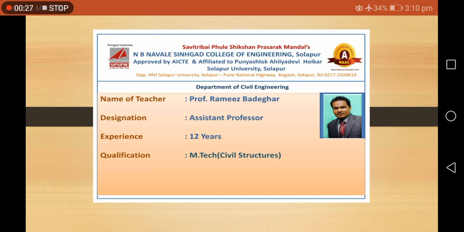So in this session we are going to see the design of turnout in railways. Briefly speaking, we are going to discuss first of all the terms, the parameters that are associated with the design of turnout. Then we are going to see the numericals based on the design, and finally we are going to solve the assignments that are based on it. So starting